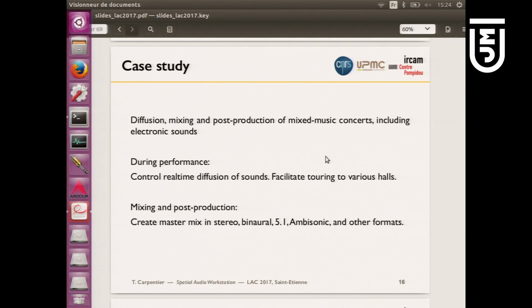Also, most often, or hopefully, a concert is given in several venues, and most of the time the diffusion system is different in each venue. So the question is how to be able to adapt one concert to different venues, of course, trying to do that as fast as possible and with as little effort as possible. So that's one aspect,